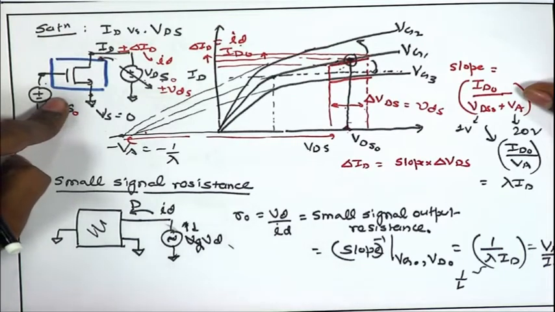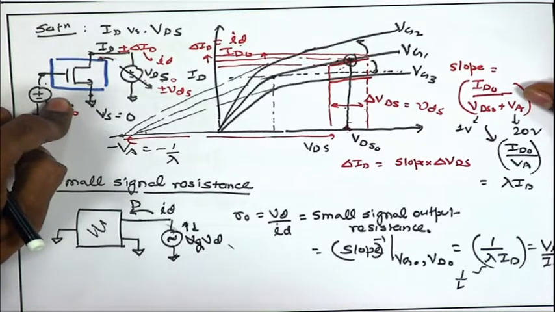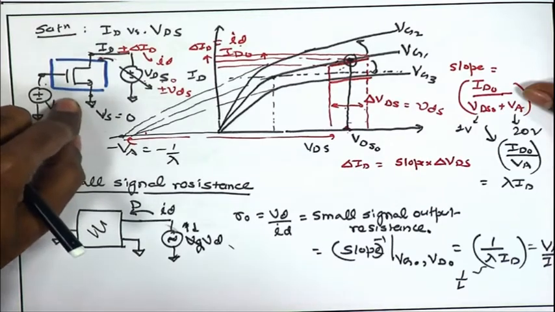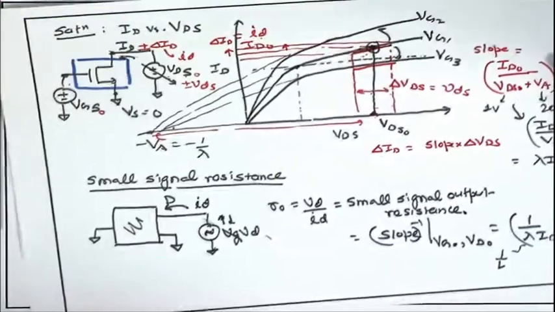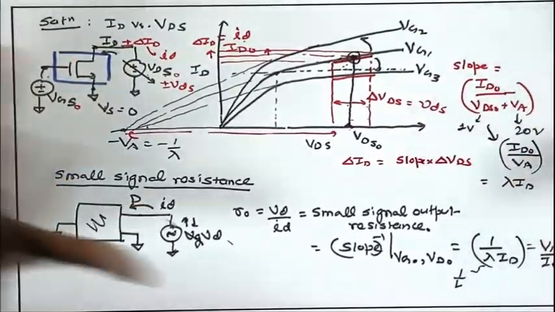They might be using lower technology nodes, maybe 65 nanometer, even 22 nanometer, but often the channel length used in the design may be close to 1 micrometer. So, despite using scaled technologies in many of the designs, especially the analog front end components, which are not operating at such high frequencies, people may prefer to use very long channel lengths for these MOSFETs. So, this is one of the main differences between the analog and the digital